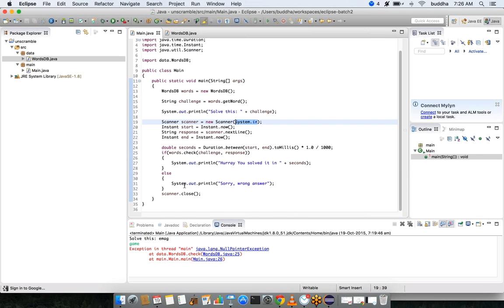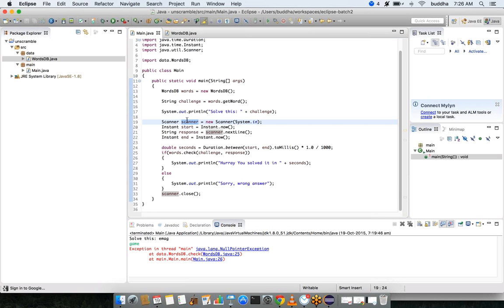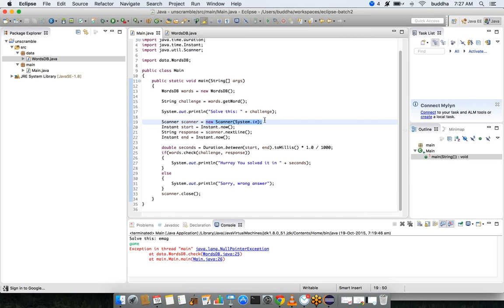Assume that you are creating new scanner objects in a loop. You will be creating those objects, and you will be keeping aside some memory. If you remember when I said integer takes 2 bytes, long takes 8 bytes, and so on, a Scanner object also takes some memory. If we keep on creating these, the connection itself will consume some memory, and also a lock will be created on the keyboard input when we have used this. So some resource will be used by that lock also. The point is, when we are creating these objects and creating a lock on certain things, that consumes some memory.